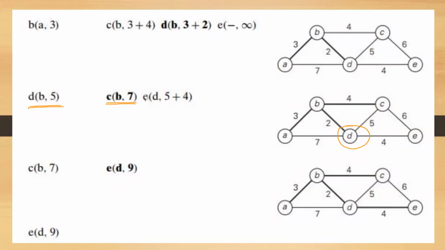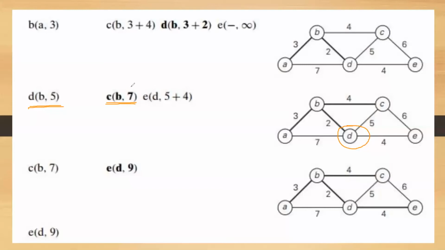Okay. Now how to update E? Look at the value of E in the previous step. It is infinity. It has the highest value. Now update. You are starting from D, because currently you have added D. So from D, you have to calculate the distance to E. What is the cost of distance of D? Distance of D is 5. Look at the left hand column, it tells distance of D is 5. And 5 plus 4 is 9. Whether 9 is lesser than infinity? Yes, it is lesser than infinity. Therefore, the new cost is 5 plus 4, that is 9. And via what? Via D. D comma 5 plus 4. So this is how you should write.